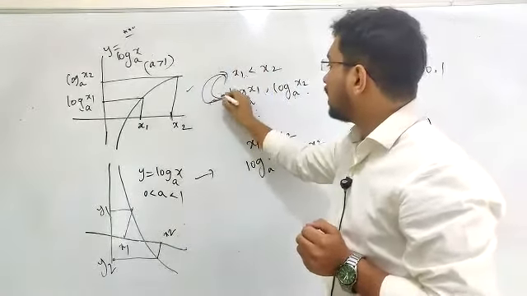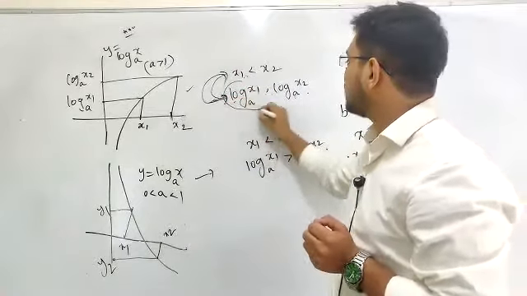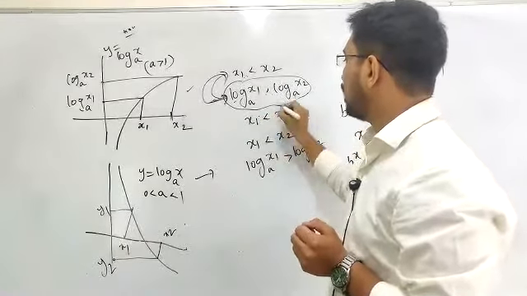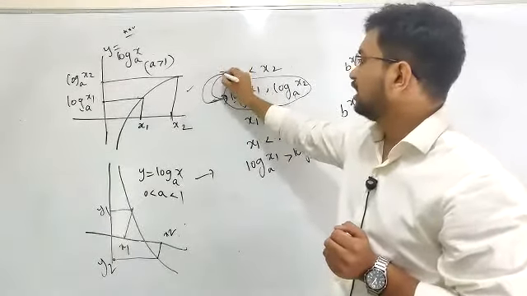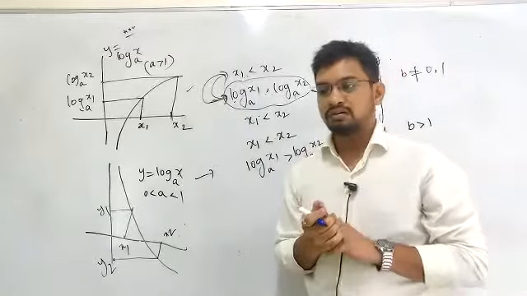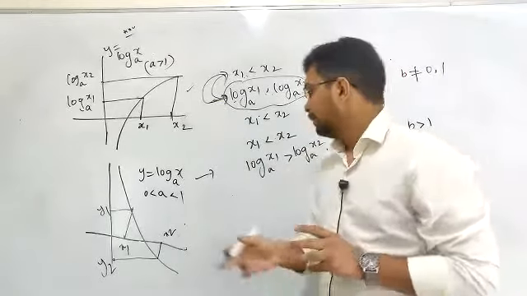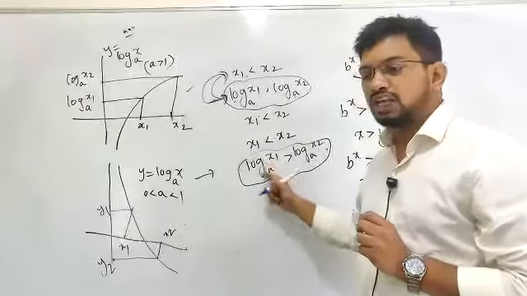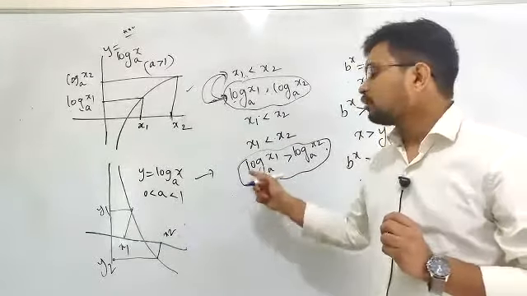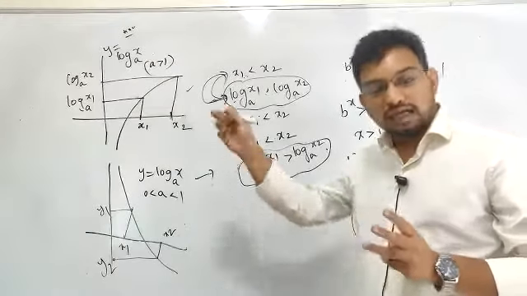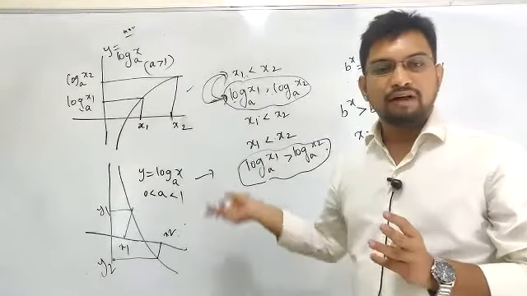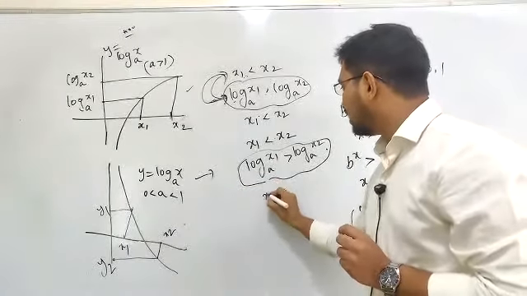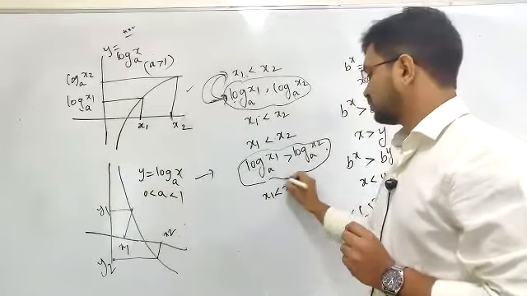So when such a part is given in the question, if this was asked in the initial thing, I will write it as x1 is less than x2. When this part is given, I write this, like vice versa, a vice versa type of thing. But similarly, whenever they give you this part in the question, let's say this part is given in the question, what I'll be writing is x1 is less than x2 from this.